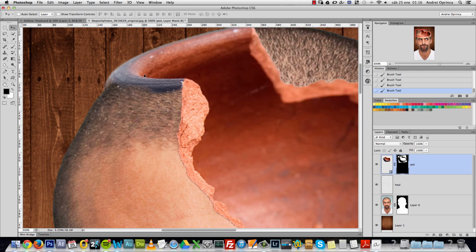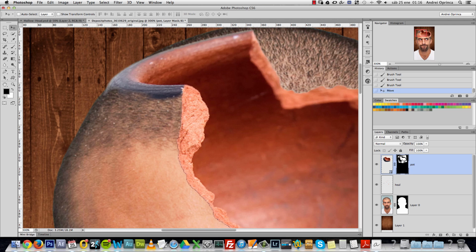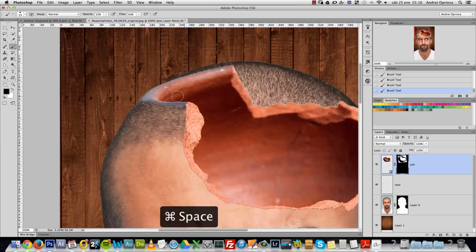Okay, and now I'll move this a bit like that. And the reason why I'm using a smooth brush, a soft brush, is because I want part of that highlight there to show, to be visible. Okay, it will look a bit more natural,